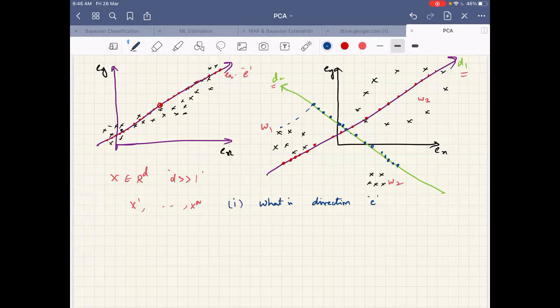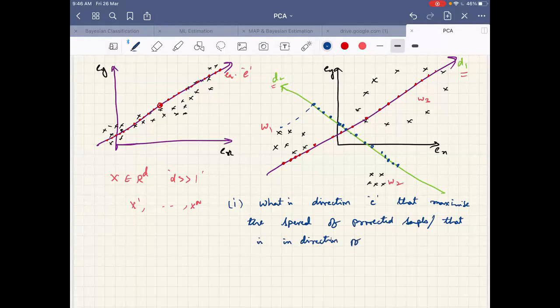Okay, then maximize the spread of projected samples, or that is in the direction of maximum spread of samples.